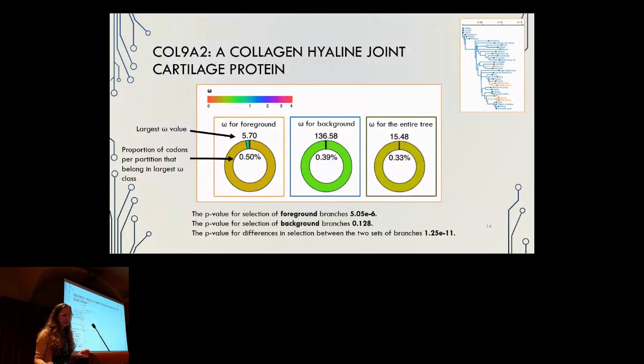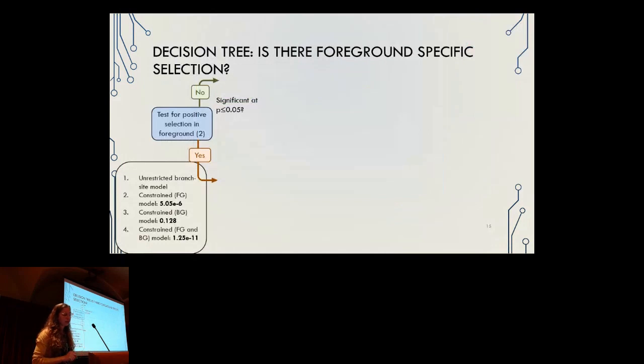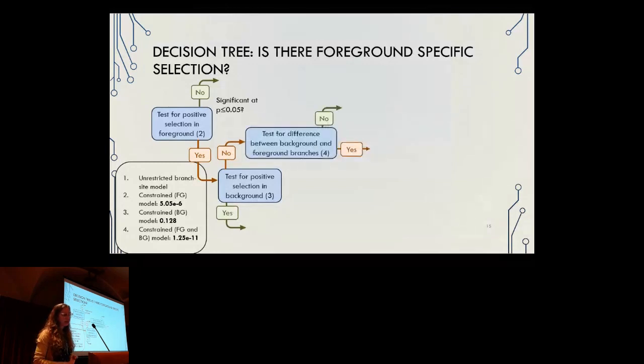So we can plug this data back into the decision tree. So first we have our test for selection in the foreground. This test was significant at a value of 0.05. Next, we have our test for positive selection in the background. This test was not significant. And then finally, we have our test for the difference between the background and foreground branches. And this test was also significant. So this tells us that there is strong evidence of selection associated with the phenotype in COL9A2,